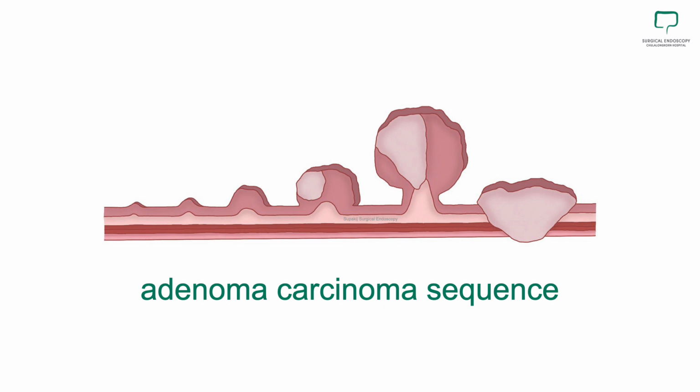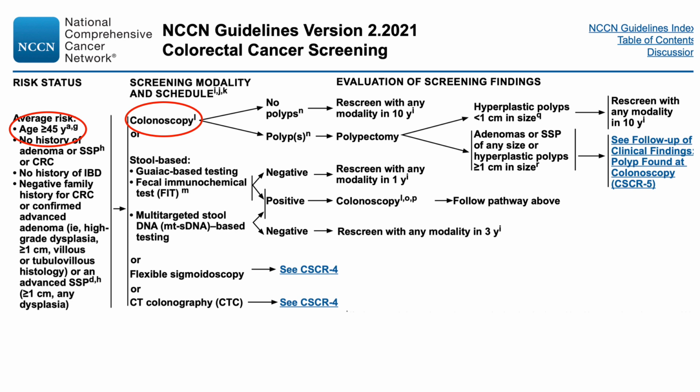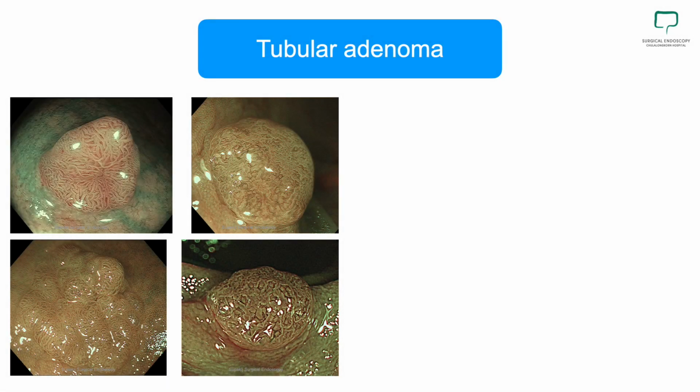With the current knowledge, colorectal cancers originate from colorectal polyps in either pathway. This means that we, as endoscopists, can prevent colorectal cancer by finding the polyp and cutting it out. The NCCN guideline this year reduced the age of average-risk screening to 45 years old, and colonoscopy is the best choice because we can do treatment at the same time. The key to success for screening colorectal cancer is to find colonic polyps and cut them out to prevent